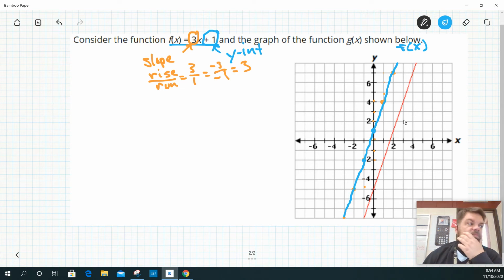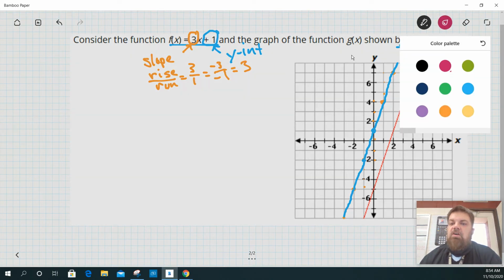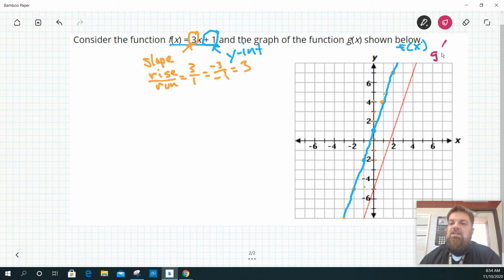the graph? Okay, so now let's talk about the transformation of f of x to g of x. What does it look like we're doing? It looks like I just slid it over, right? Doesn't it look like I just slid it over? How far did I slide it over? Well, it looks like 2 units to the right. So the fancy word that we would use is translated. It looks like I translated